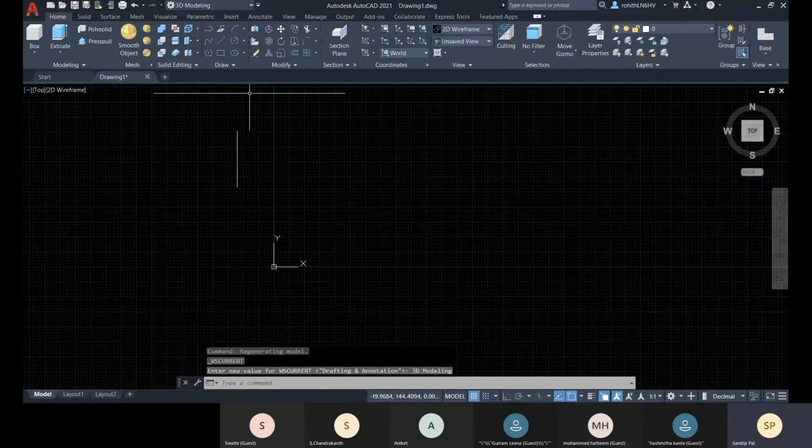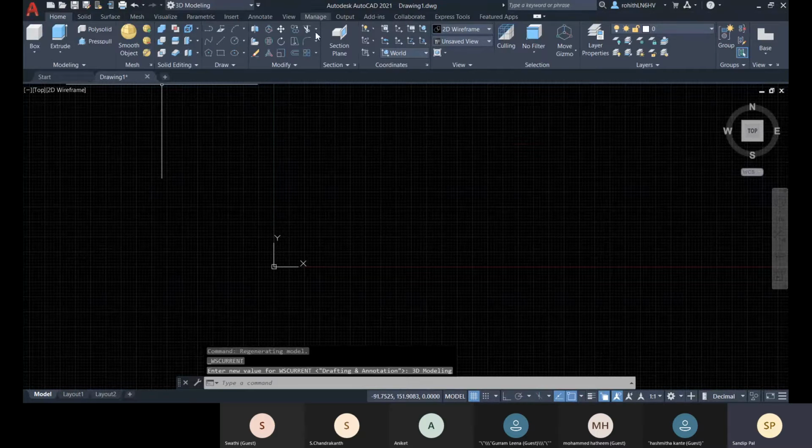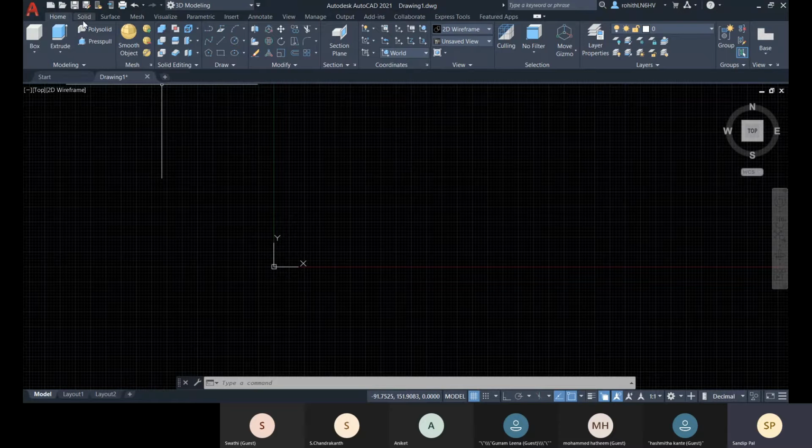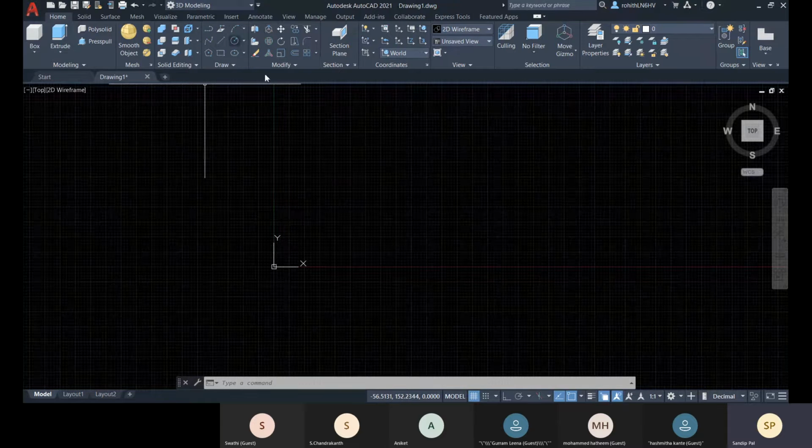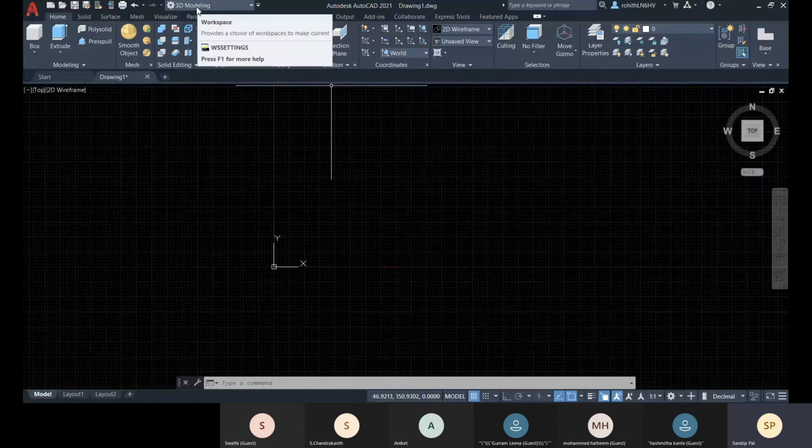This area is still there, that is the ribbon, and within that you now see the set of your tabs, panels, and tools has changed, right? Now you will get all the tools handy according to your work purpose, which is set for 3D modeling.